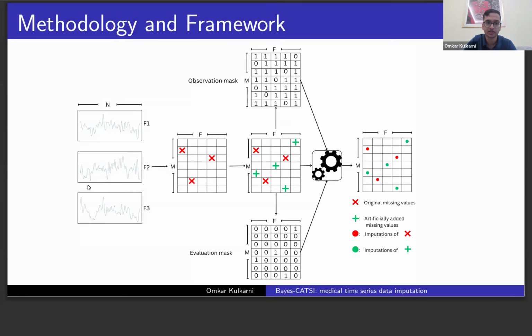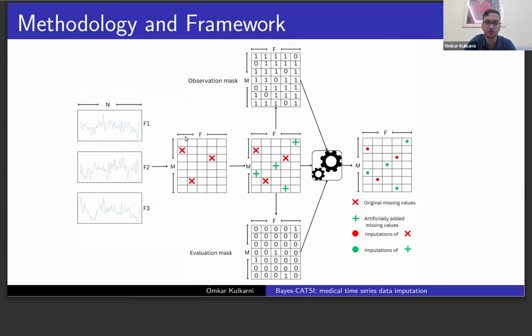So this figure here gives an example of the mask generation process. We have three example time series here: F1, F2, F3. N represents the time steps. We arrange these time series in the form of a matrix with m samples or m